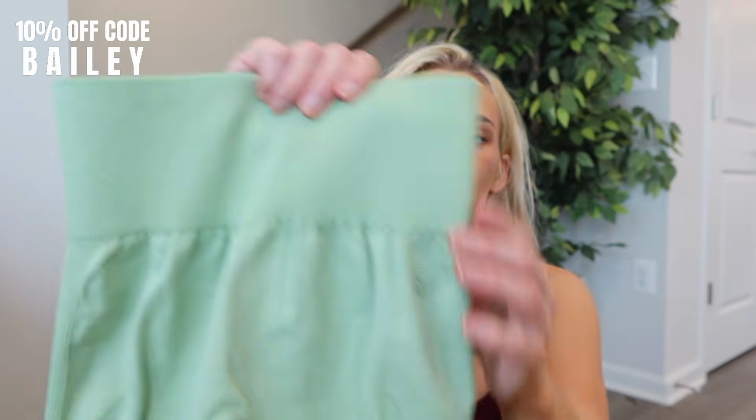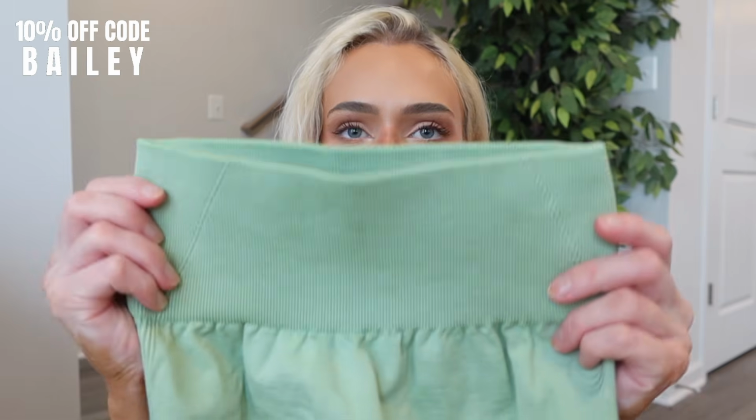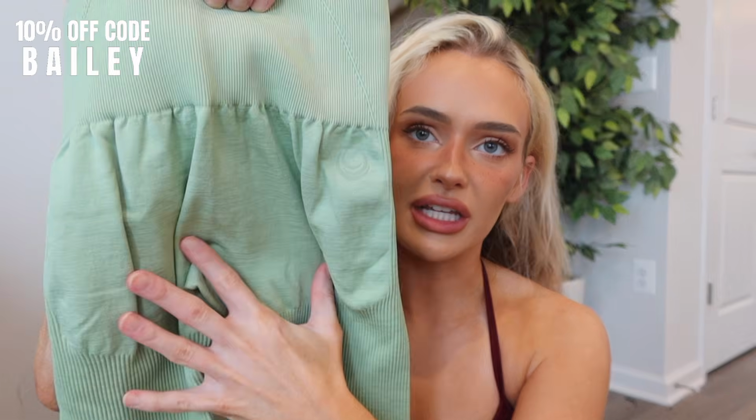Here are the matcha leggings. Again, it's got the ribbed waistband, and it's got this seam on both sides, kind of similar to Honor's Effortless. Again, it is thicker, but it's still lower compression. It doesn't taper in like an Alphalete Amplify waistband. And then you've got the stretchy, slicker, seamless fabric right here. No compression right here. And then you've got the minimal logo right here,